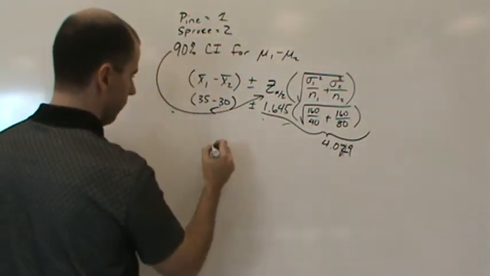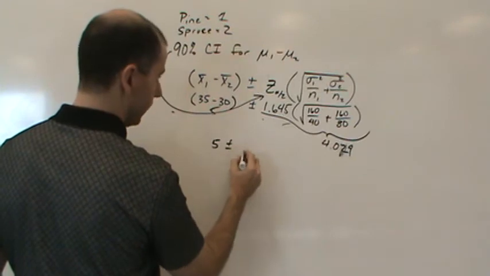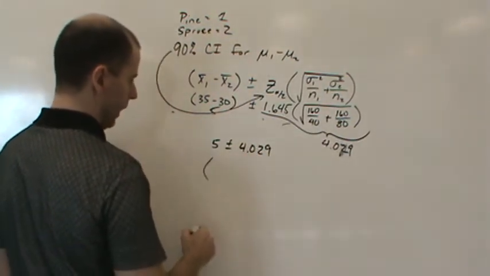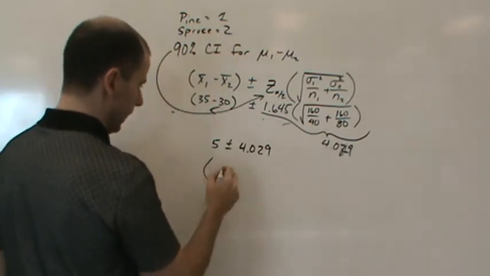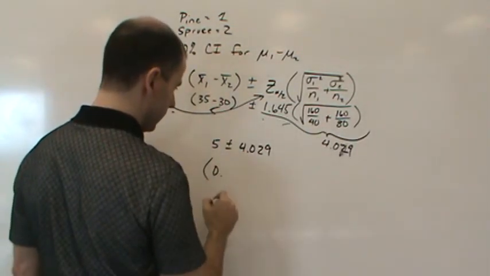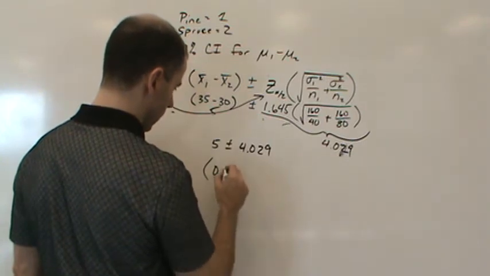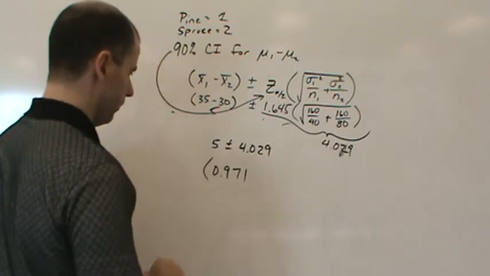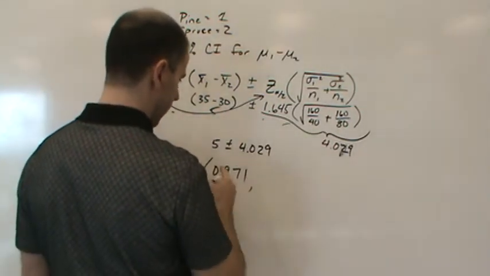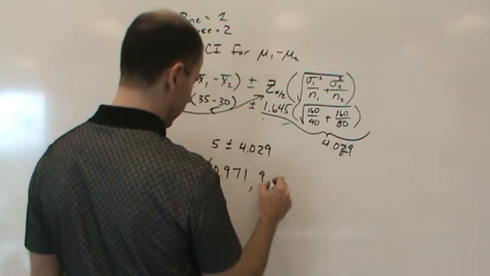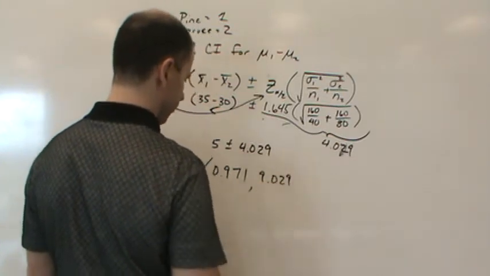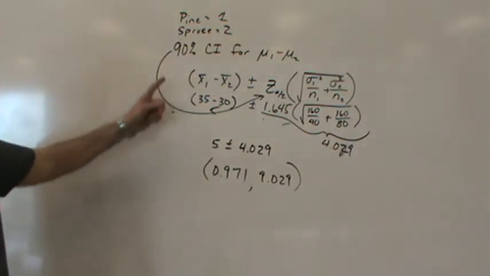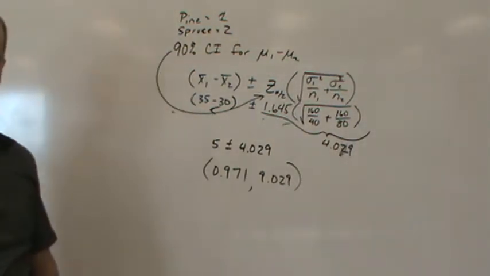I get 5 plus or minus 4.029. So what do I get for my confidence interval? I get 0.971, and then I also get 9.029. So here's my confidence interval, guys. So I am 90% confident that the true difference